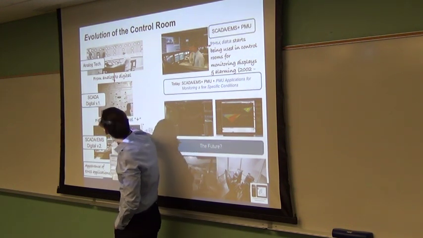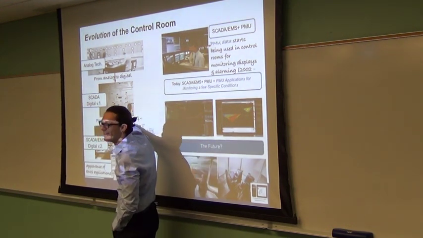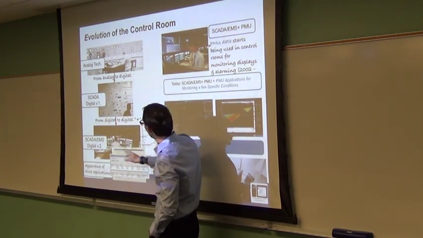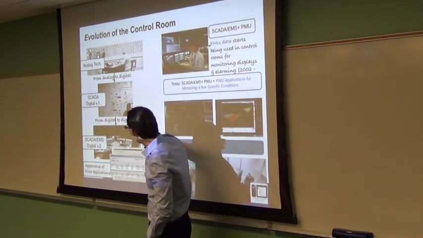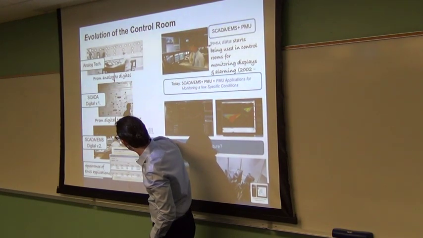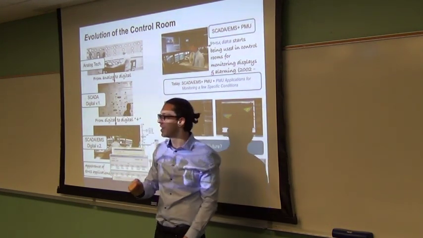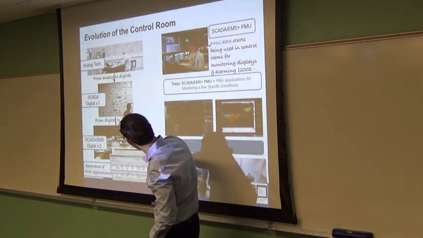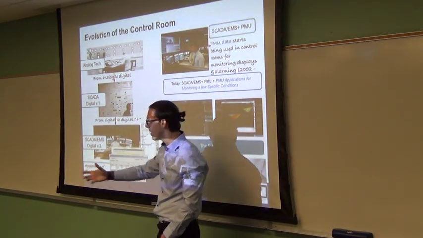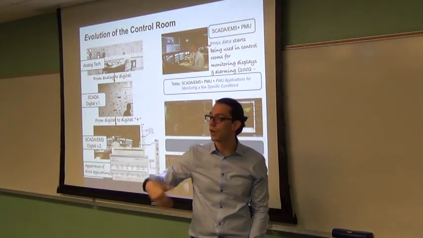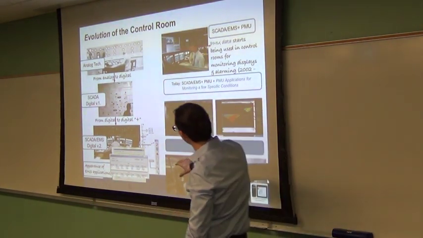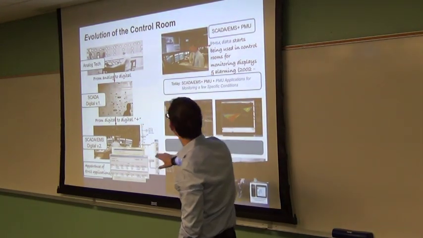The digital version 1 is where you get some displays over here, so you could monitor certain lines. This is what we have more or less still today, where in the digital version 2 you actually saw the appearance of EMS applications. And that's something very important because you were able to, for example, based on the snapshot, do a contingency analysis. So that was a pretty big step from here to here.